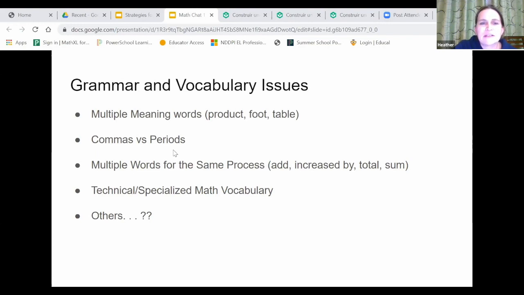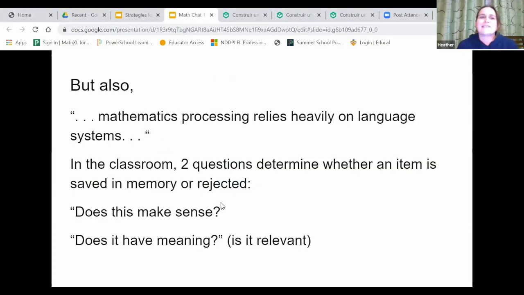I actually have a student this year who keeps writing, instead of a period, he'll put a comma. Instead of a comma, he'll put a period, and it just doesn't seem to be as simple as me telling him, don't do that, do it the opposite way. Like he forgets every time. So yeah, I think there are a lot of cultures where, where we use a decimal point, they would use a comma, for example.